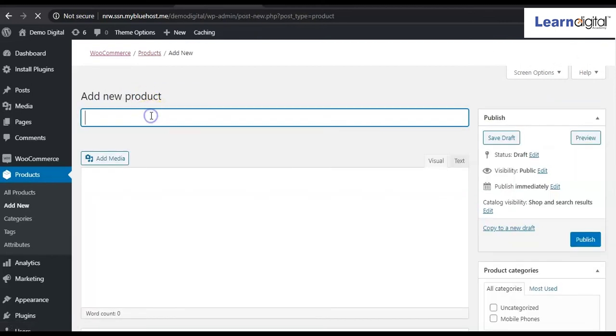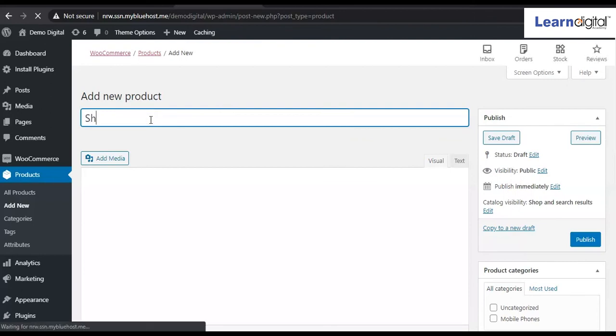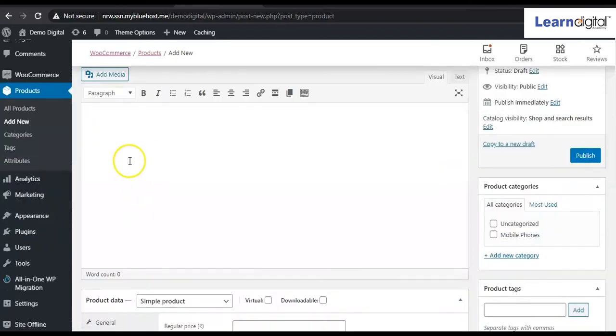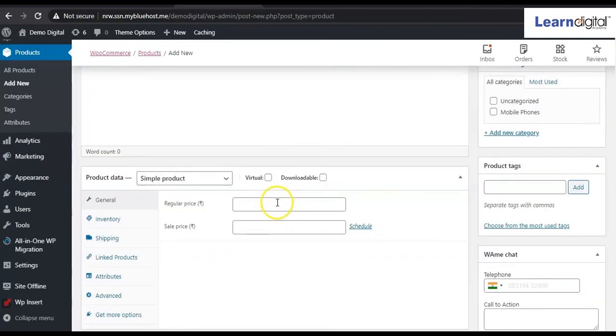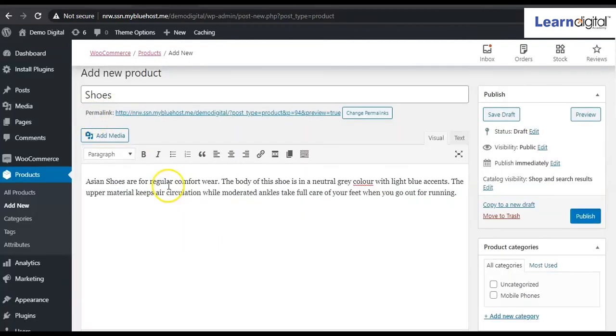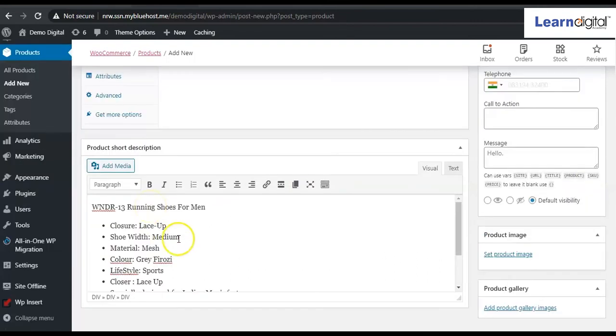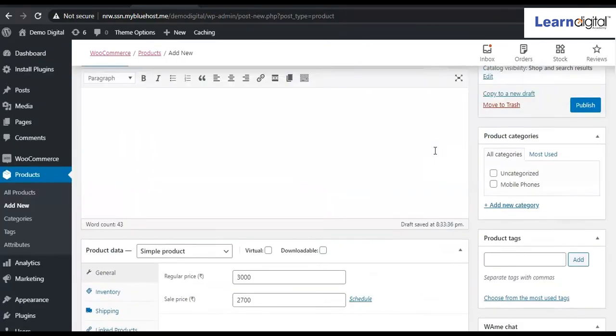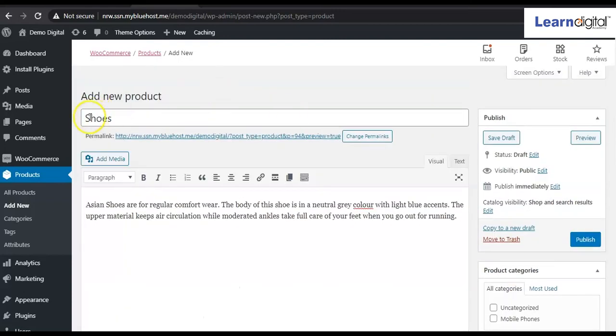Okay, now here, one more product I am adding, typing the name like shoes. Then here again you have to write down the short description and long description as well. Fine, you have to set the regular price, so that I'll be doing. So here you have to add the description, short description, and we have added the price also. Here you can see. So sports, okay, here we'll keep sports shoes,